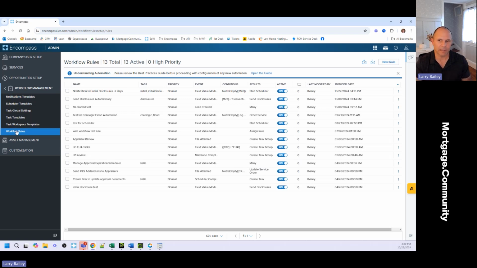And to use Kirsten's example earlier, she's got a workflow where they're running fraud day of. I think that's awesome. And historically speaking, you'd have to figure out how to write a rule to make sure they do it or overly train them. Now, if you've got them in EPC and they accept automation rules, you can create your automation rules through your services. And then you can run the automation through workflow rules, leveraging your scheduler 0 days before day of funding at 6 a.m. No coding necessary. You don't need to know JavaScript. You don't need to know APIs. You can just do your settings right here. So super exciting stuff. I love doing this.